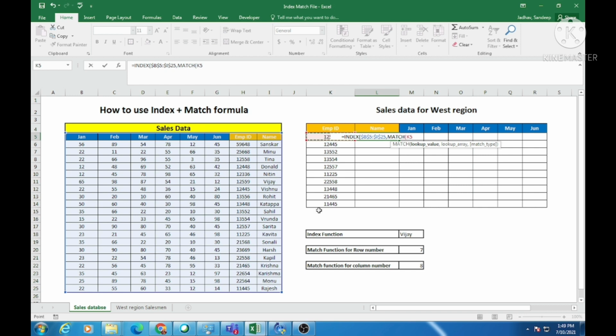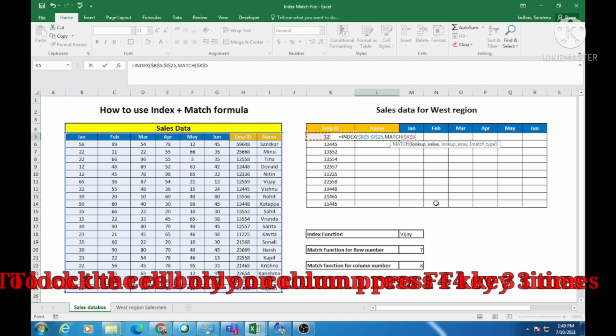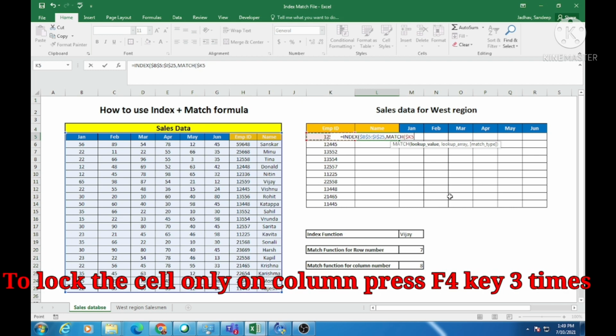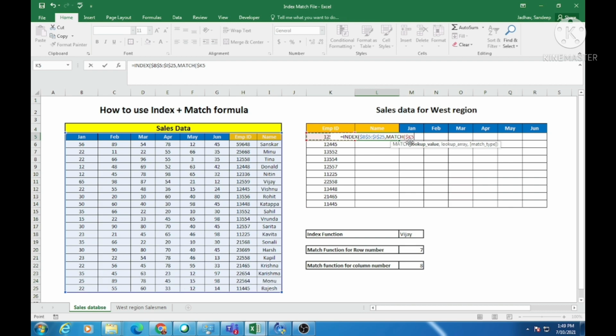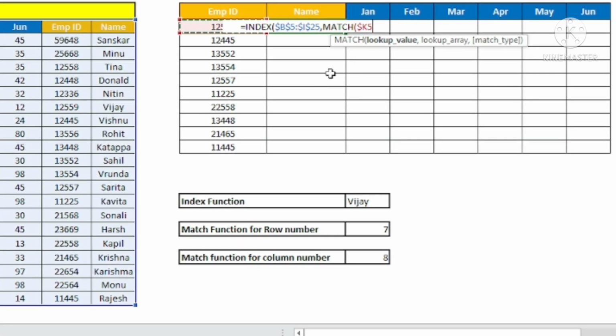I will keep the row open and lock the column. To do that, I need to press F4 3 times. So 1, 2, 3. Now you can see the dollar sign is before the letter, so this particular cell is locked on the column, but the row is free, so it can be copied from top to bottom, where Excel will move to the next cells.